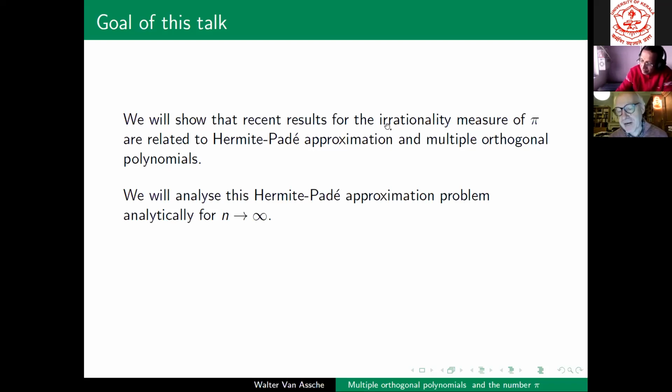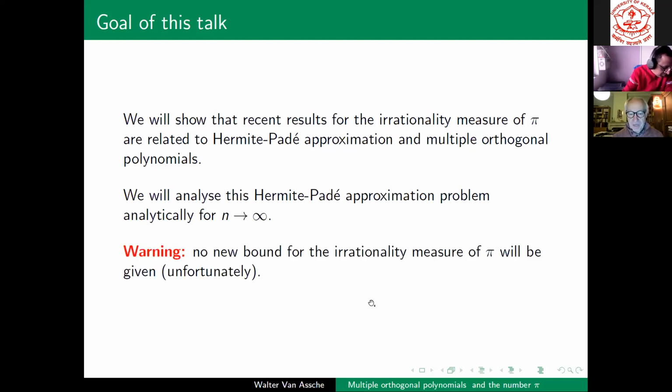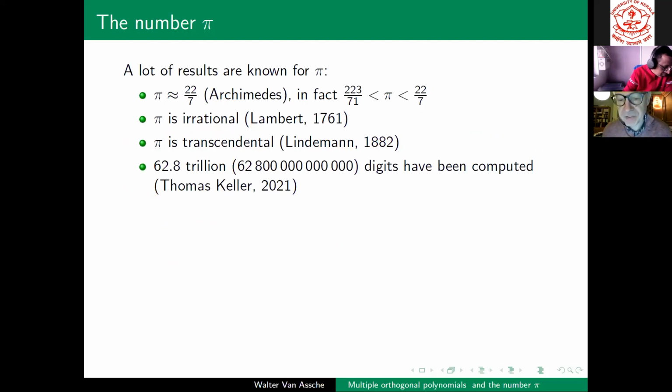These recent results are not mine. They're results from some other people that I will mention, but the connection with Hermite-Padé approximation and the multiple orthogonal polynomials is a new angle. My specialty is actually doing asymptotics, so I will analyze the corresponding Hermite-Padé approximation problem when the degree of the polynomial tends to infinity, and that will give you the required upper bound for the irrationality measure of pi. So the warning is that I will not obtain a new irrationality measure. I will stick to the ones that have been found very recently, but I will have this connection with special